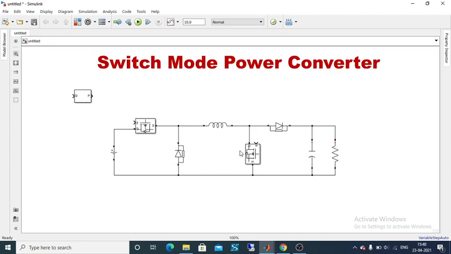So for that I'm using a PWM, which is present in DC to DC converters. That is a PWM generator. The pulse width output of your PWM generator is going to be given to your MOSFET switch number 1, and then switch 2 also should get a